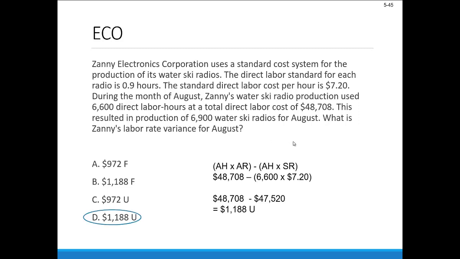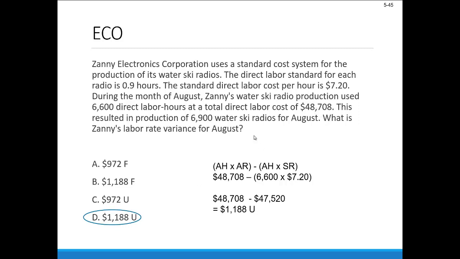So that would be D, $1,188 unfavorable rate variance. So this would come from comparing the differences in the R's, or isolating, if you will, that actual result, the actual hours and the actual rate, and the as-if budget in the middle, the actual hours and the standard rate. So here we knew the actual spend in total was